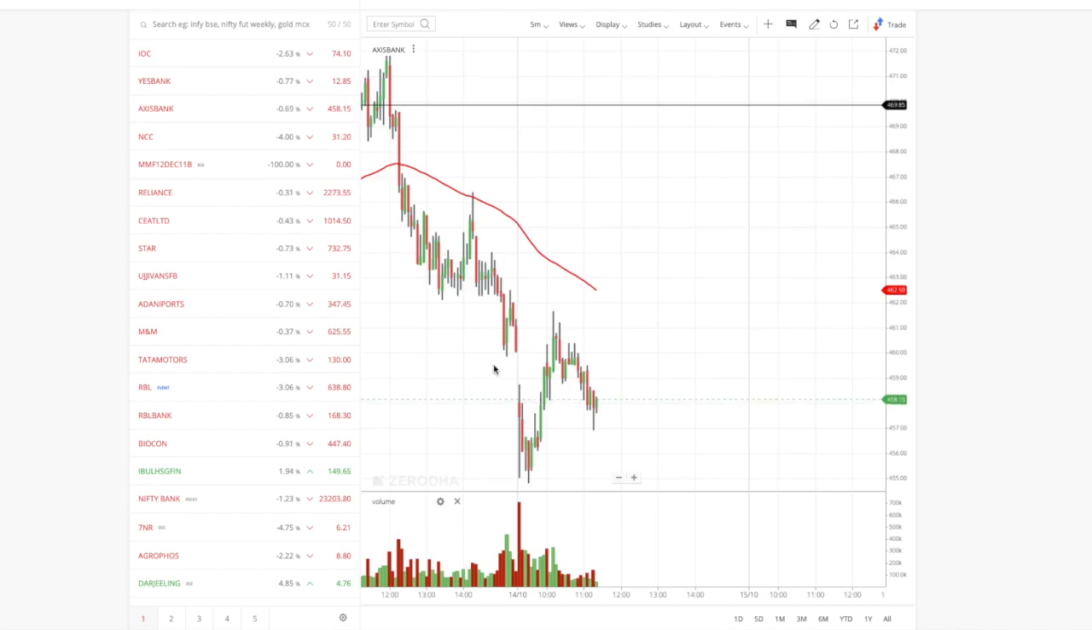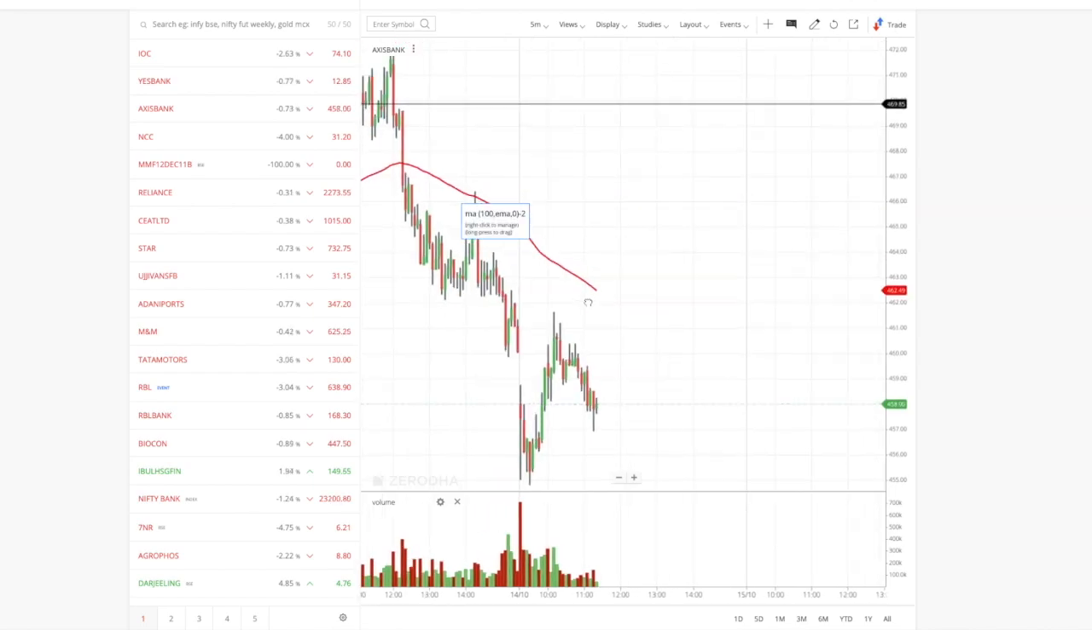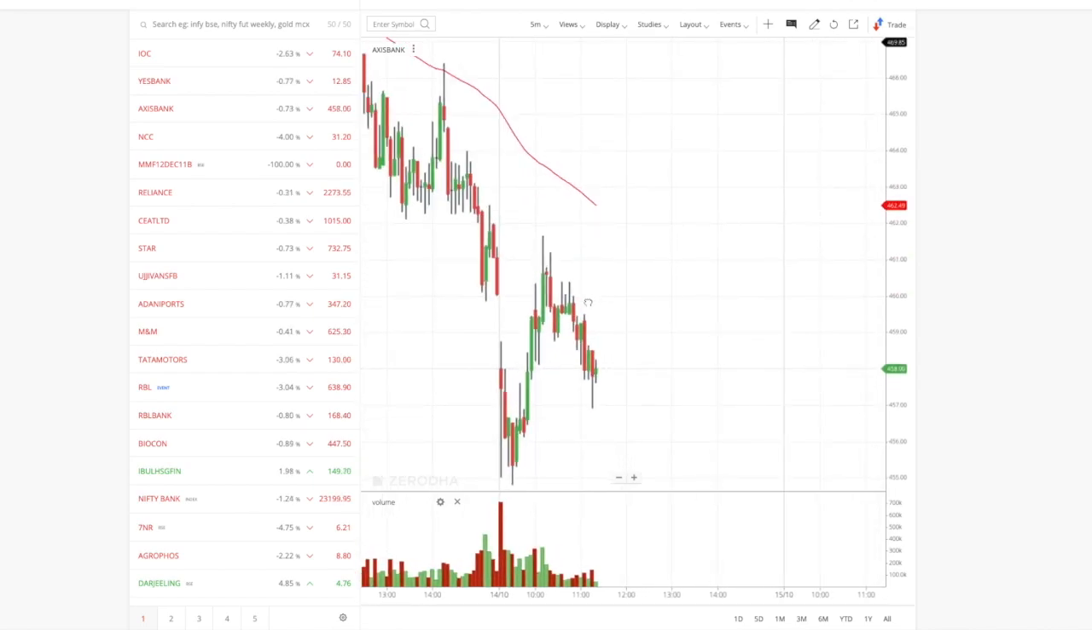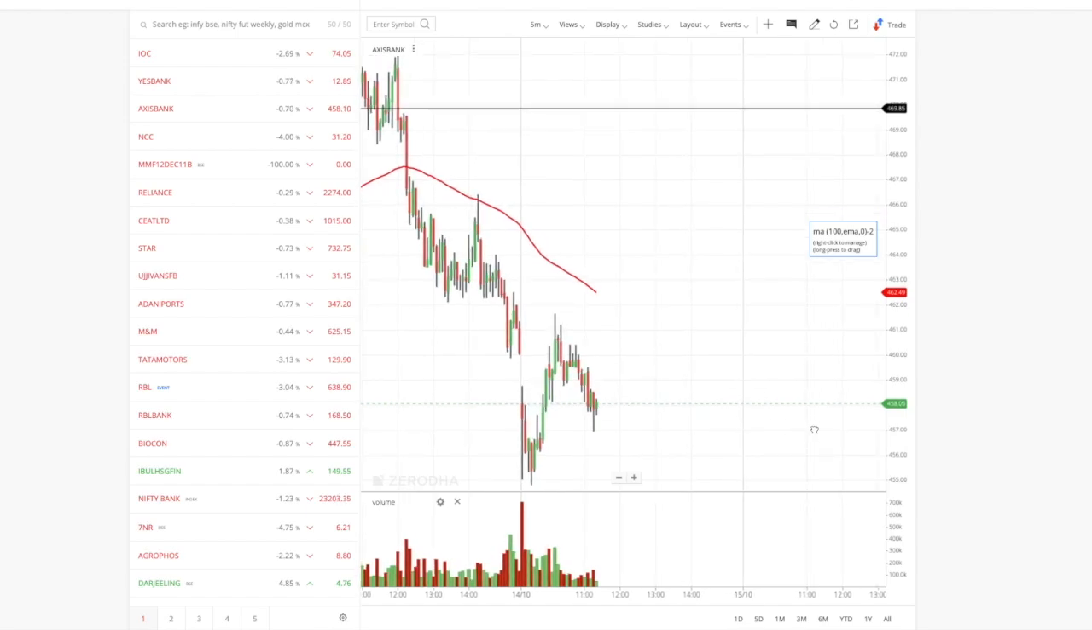Right now we are using the Zerodha broker's platform. Most of the people use Zerodha, considering the clean user interface and all. So I just thought I would explain about it. To start with, this is the chart of Axis Bank that you're seeing. Currently we see that the price is at